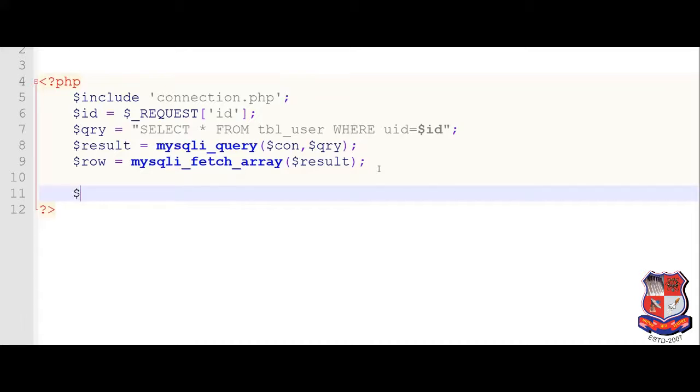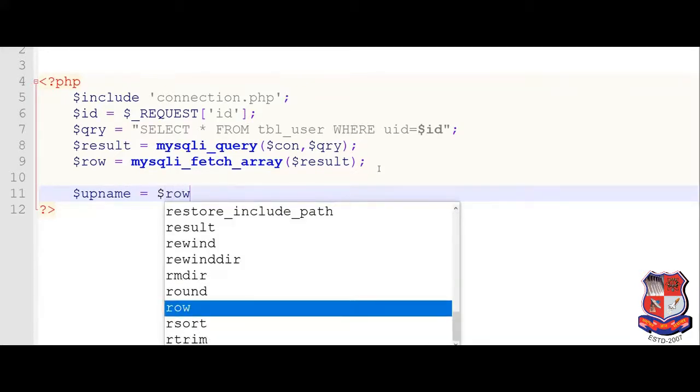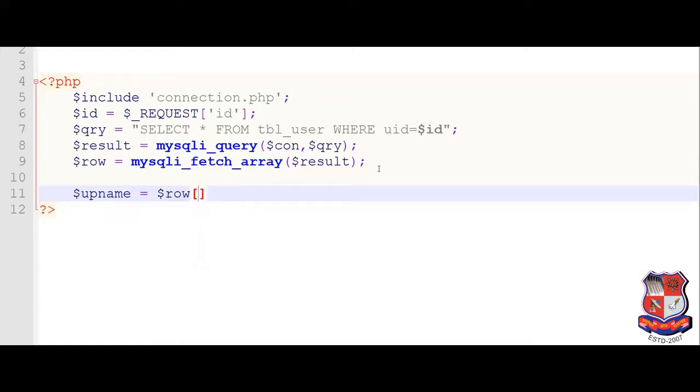So let's say up for update. Update name variable, that is $row, and again I am saying this one is the column name of the database table.